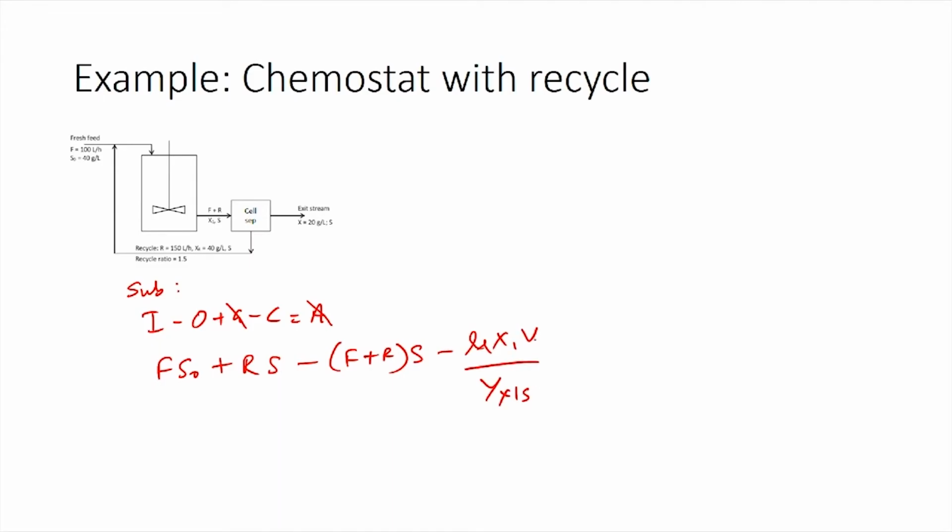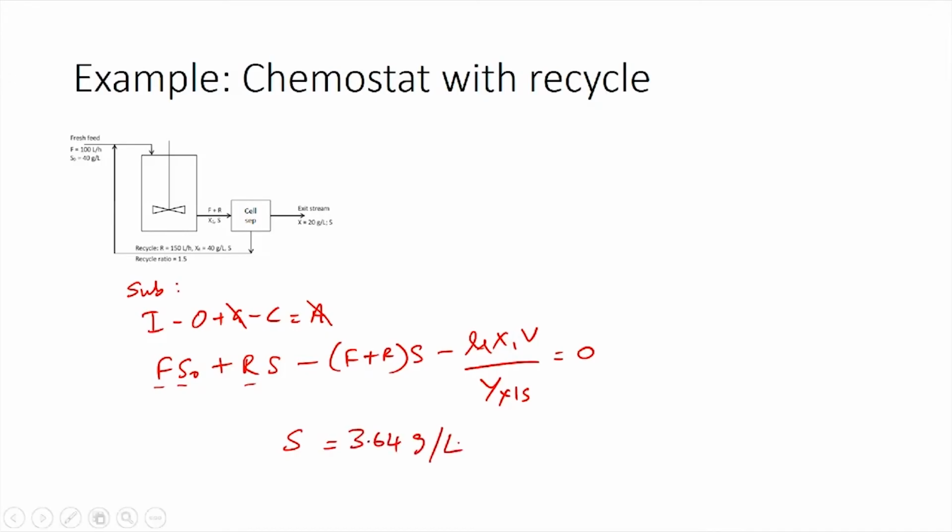So, again we are assuming that there is no other consumption of substrate other than to form the biomass, this equals 0. So, we already know the value for F S naught, R and mu times V x1 and y xs. Having all this value, we can calculate the value for S as